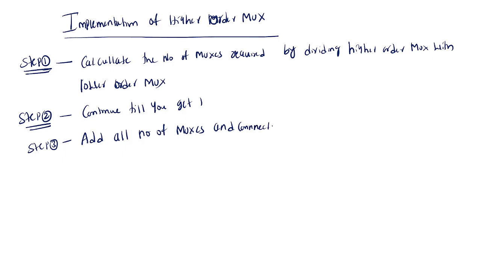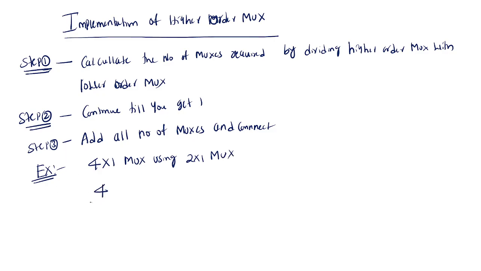Okay, these are the steps. Suppose, for example, you want to implement a 4 cross 1 MUX using 2 cross 1 MUX. First what you need to do,